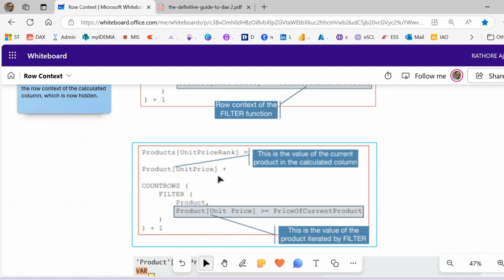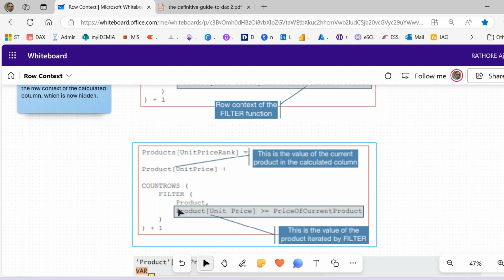But we cannot use the product unit price here, because when we use it here, it hides the outer row context. This only references the row iterated by FILTER within the product table. So this is not the proper way in the DAX language.